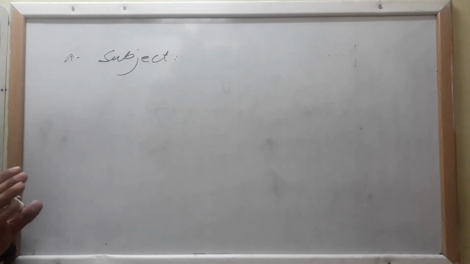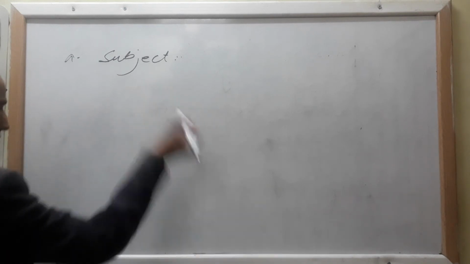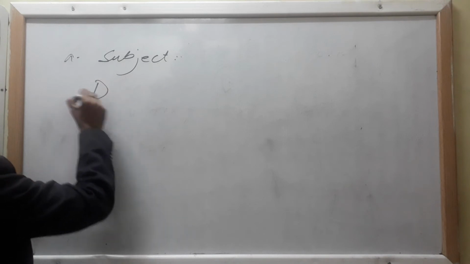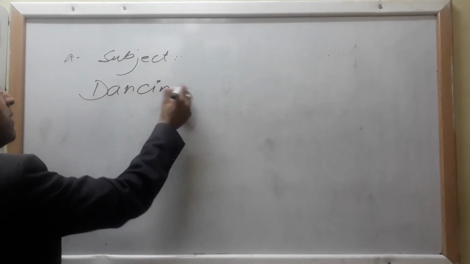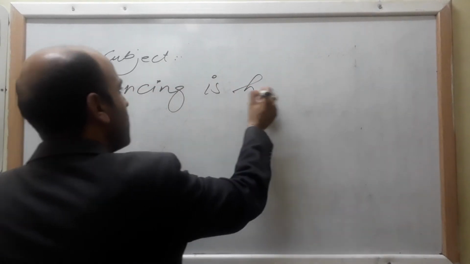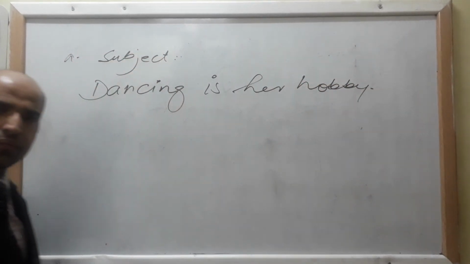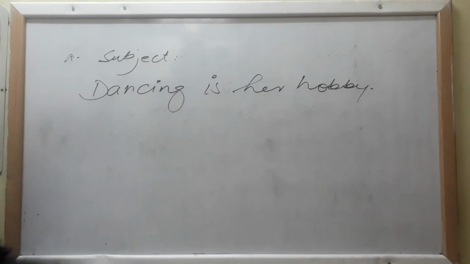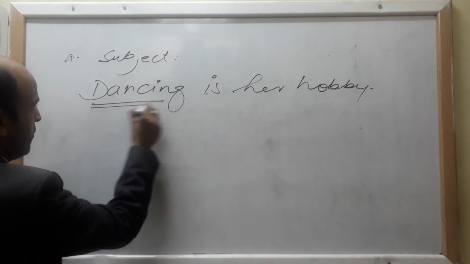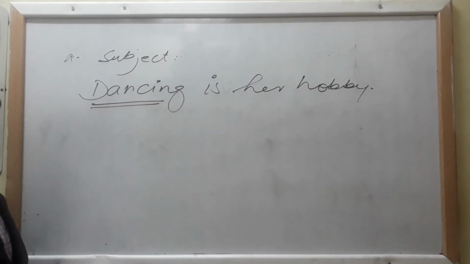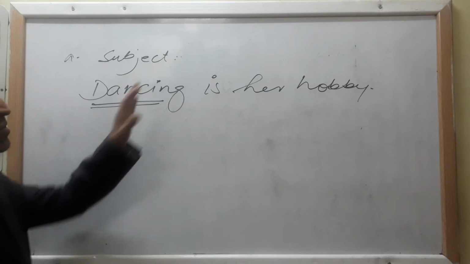You know that your subject is always either a noun or a pronoun. Clear? It means that your gerund would be functioning as a noun or a pronoun in a sentence. For example, the same example: Dancing is her hobby. Now look, what is your subject over here? Dancing. Why is it so? Why is it a subject? Because subject is something